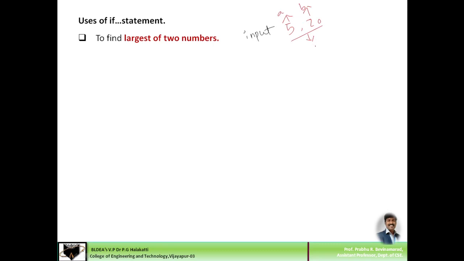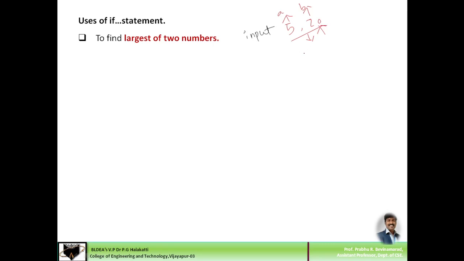We humans can analyze this very easily, because I know 5 comes first and 20 comes later, with learned knowledge. From childhood, I have been taught 1, 2, 3, 4, 5 and so on, and 20 comes after that, then 200, 500, 1000, and so on. Based on that knowledge I can say that 20 is greater than 5.